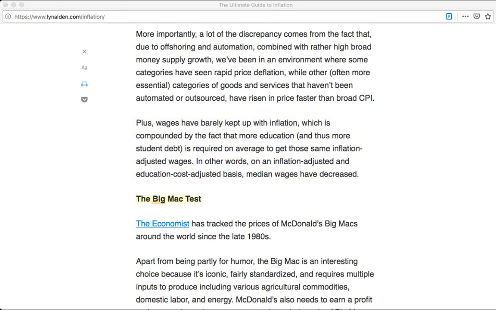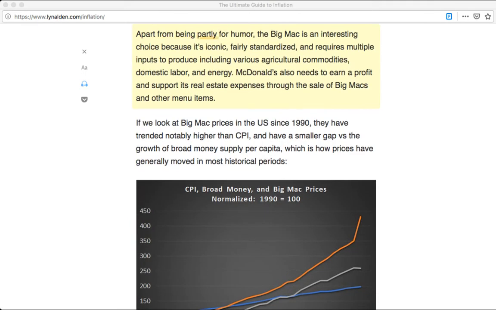The Big Mac test. The Economist has tracked the prices of McDonald's Big Macs around the world since the late 1980s. Apart from being partly for humor, the Big Mac is an interesting choice because it's iconic, fairly standardized, and requires multiple inputs to produce, including various agricultural commodities, domestic labor, and energy. McDonald's also needs to earn a profit and support its real estate expenses through the sale of Big Macs and